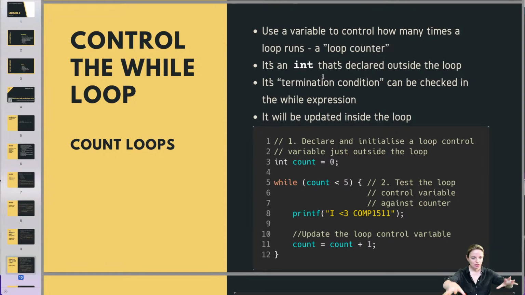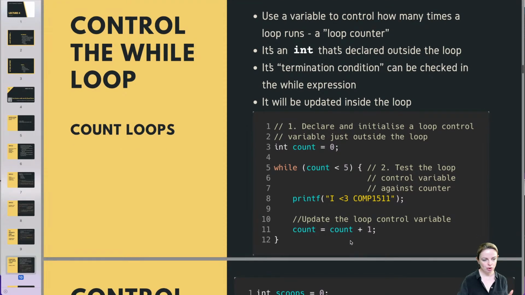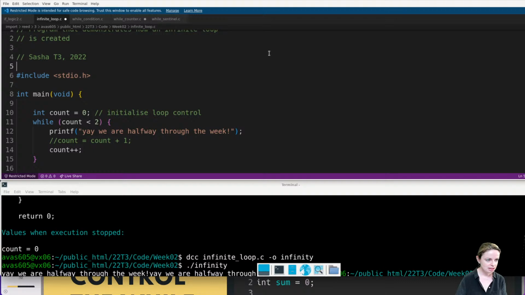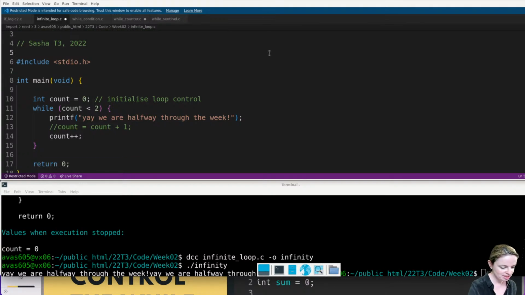Okay, so using a control like a loop counter to control the loop. This is what I just did up there when I said I had a count variable and I used it to count up. And then each time I updated the loop control variable. So that's a count loop. I think it's the most fun loop to do because it just keeps counting. So what happens is this. If you want me to run through things ever, just let me know. But basically, it says here count is equal to 0. So it will do...